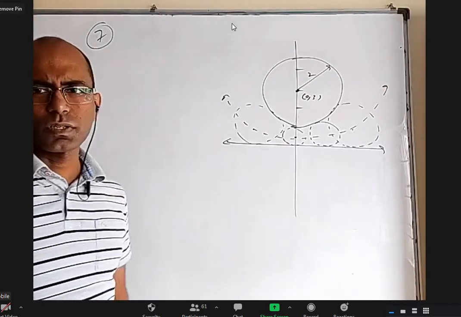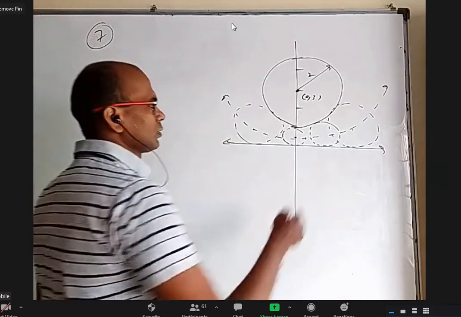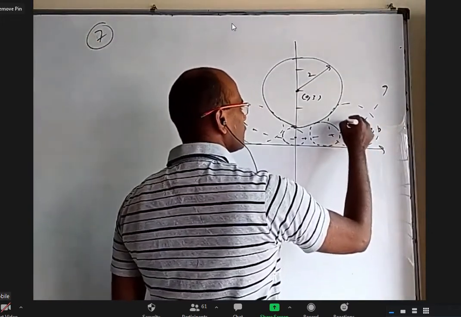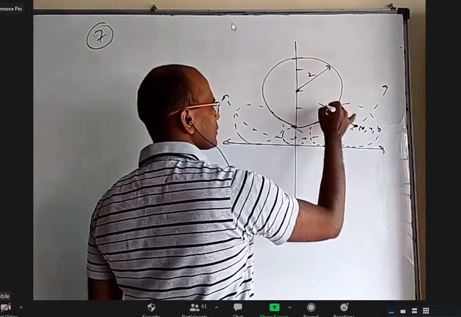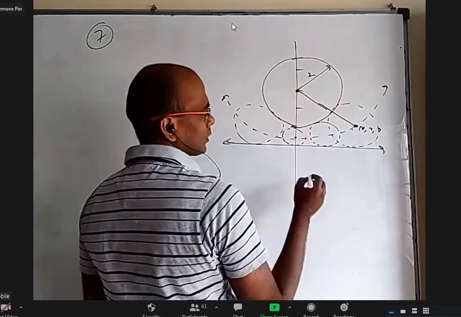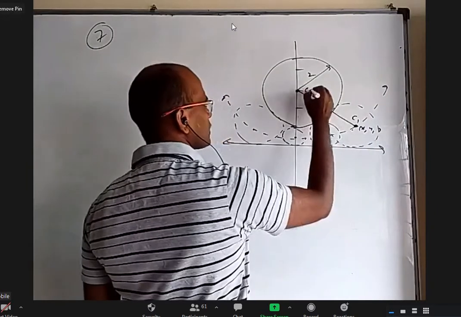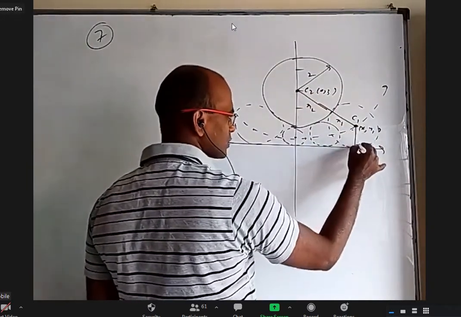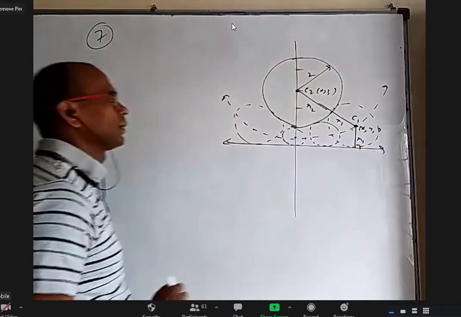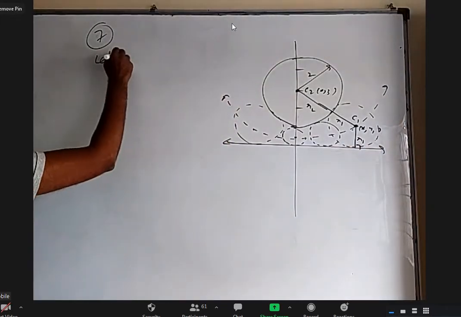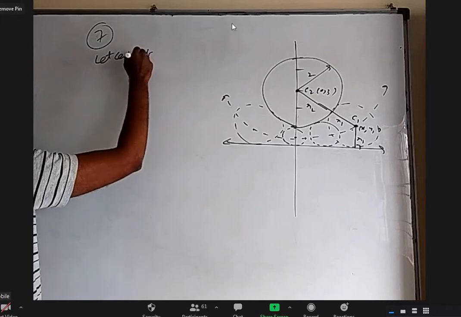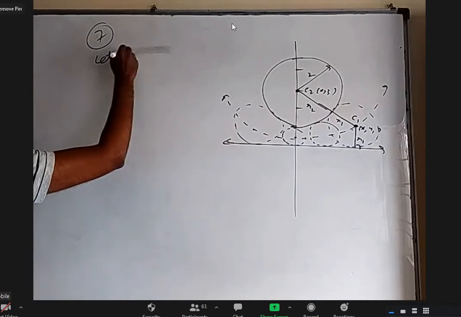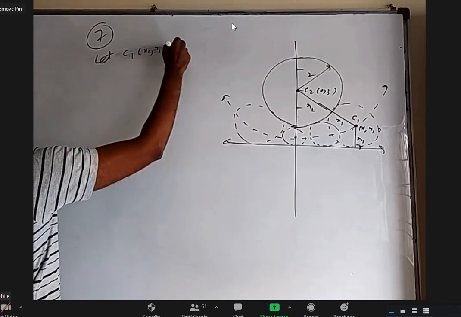So, what is the locus of the center of that? We can actually use C1C2 equal to R1 plus R2. You take any point center as x1, y1, and now the distance between the centers. Okay, this I'll call C1, this I'll call C2, 0, 3, this is R2 and this is R1, even this is also R1. Okay, let P, the center C1 x1 comma y1, be a point on the locus.